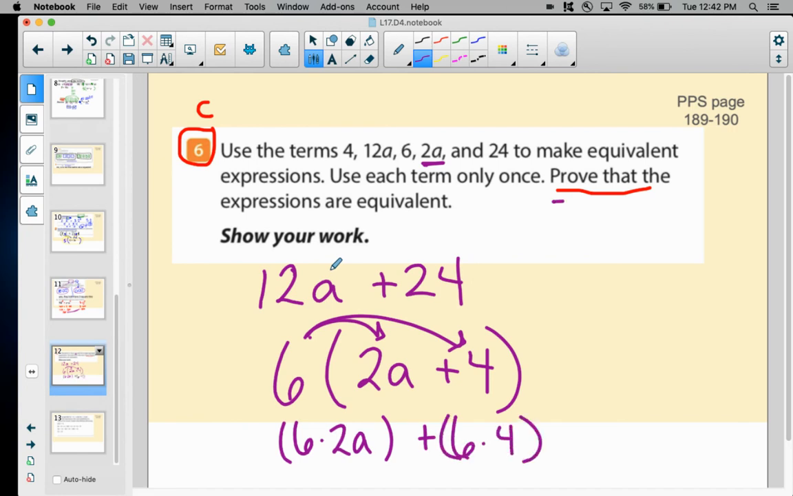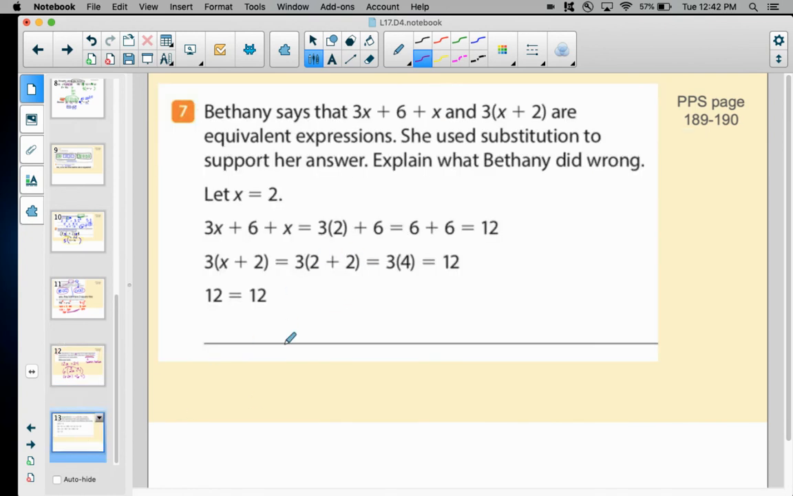Again, proving could mean use the distributive property, or proving could mean use substitution. When you substitute in a number and then do the math, you should get 2 equal answers. So that one was the hardest. Number 7 was